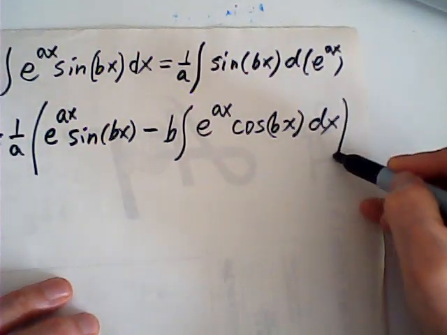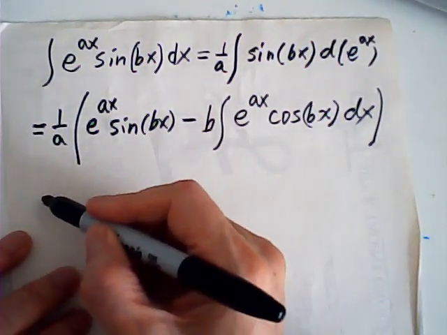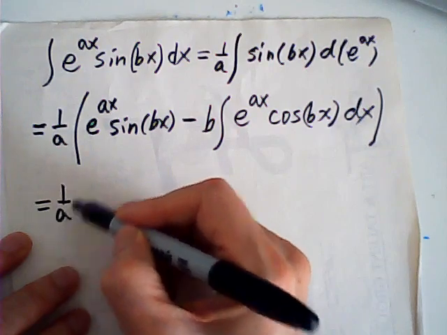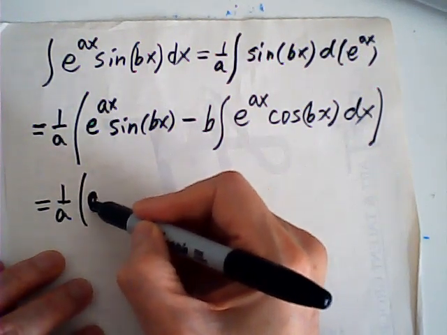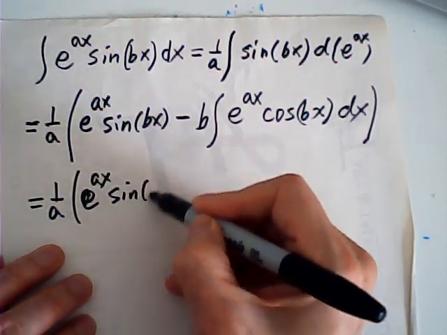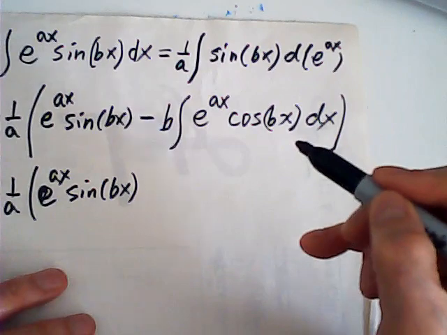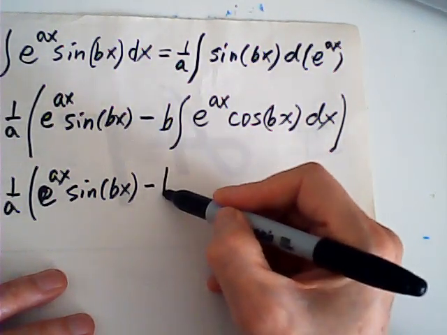Correct. Has to be very careful. Now, this is equal to 1 over a e to the power ax sine bx minus b